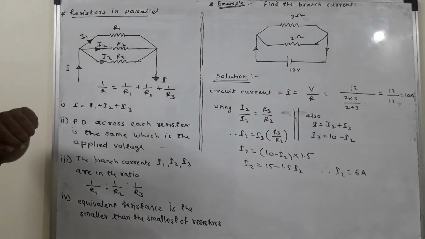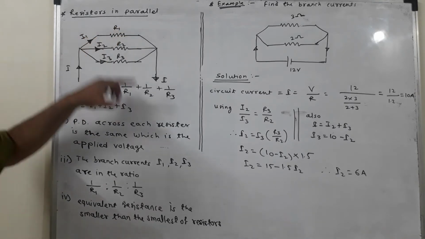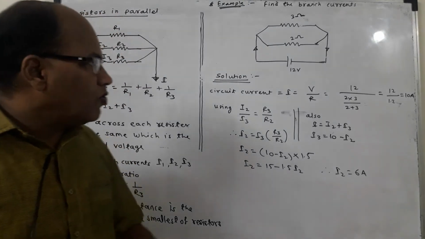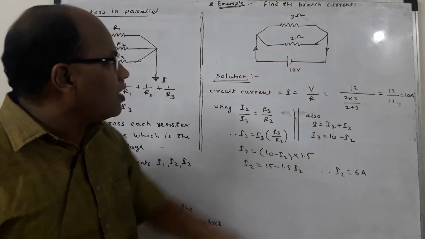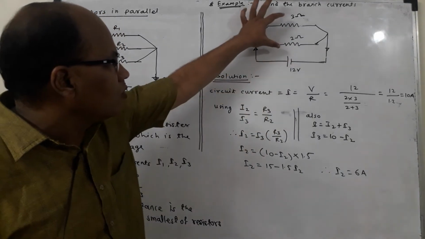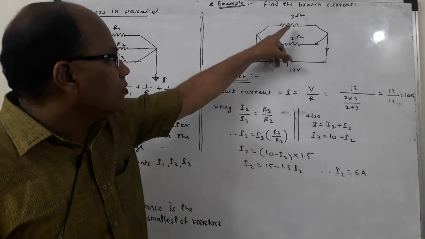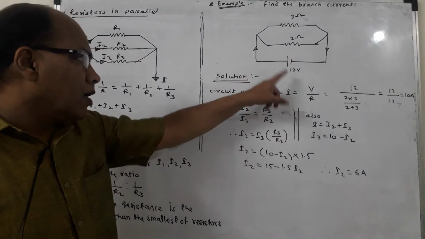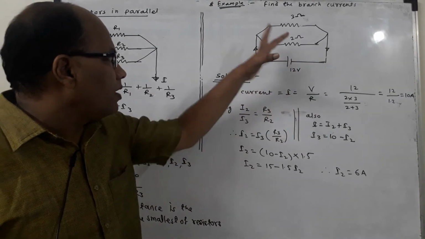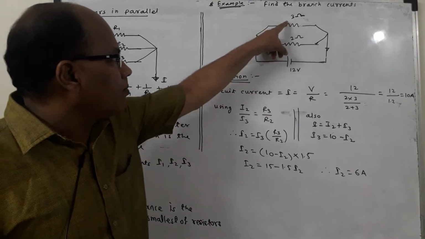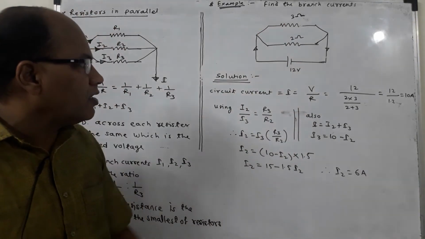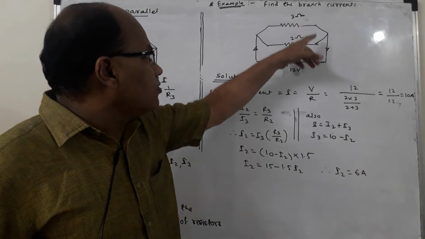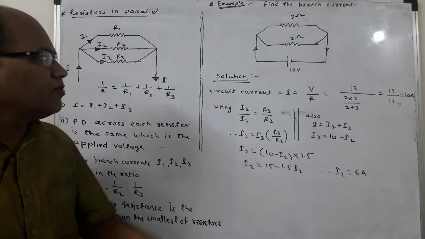Again, parallel combination is a combination in which the same voltage is applied across all the resistances. In order to explain it more, I am considering two resistances in parallel with one another. So 3 ohm and 2 ohm are the resistances in parallel, and let a voltage of 12 volt be applied across the ends. So the same voltage is applied to both of these resistances, which means that it is a parallel combination of resistances. And let it be asked to get the branch currents, meaning the currents flowing through the resistances are to be calculated.